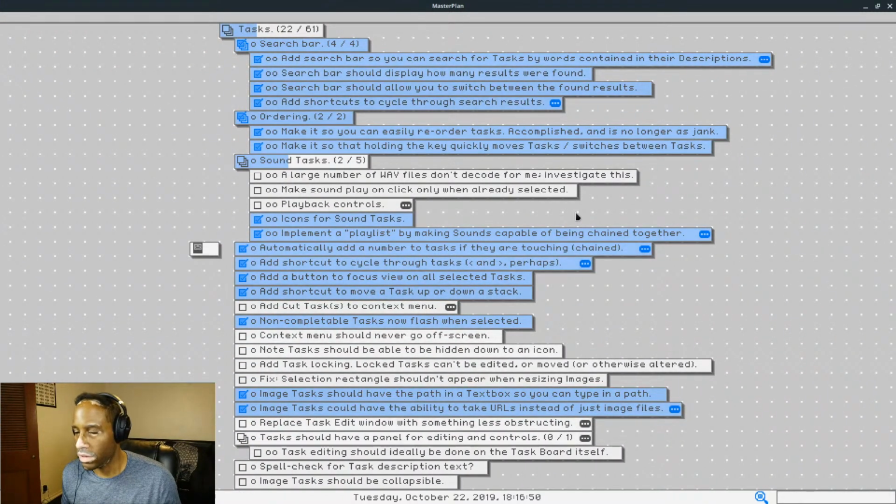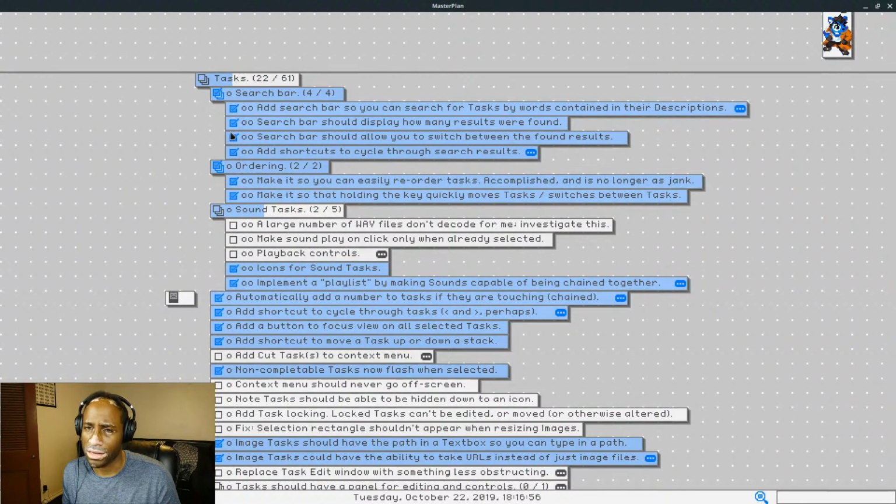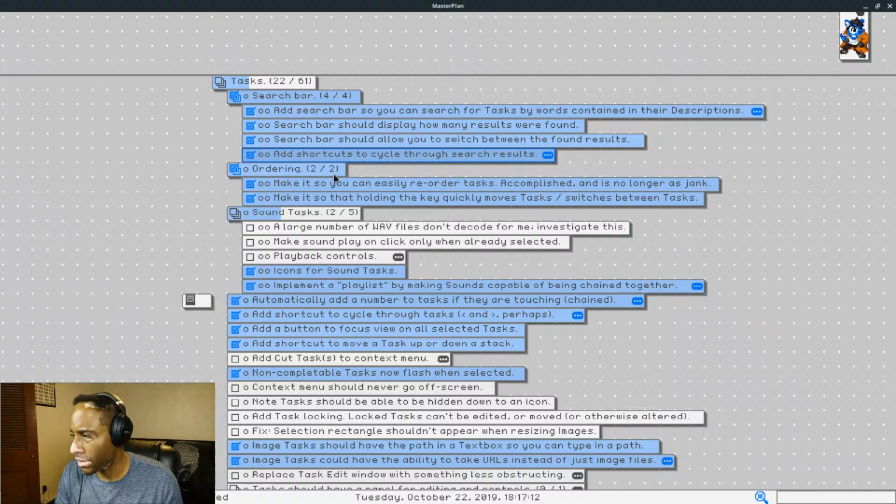To have 1A, 1B, 1C. That makes sense. That would be cool. Although I don't quite get how that would work with subtasks. So if this was task 1, then this would be 1A, B, C, D. But then if there's something under here, would it be 1D1, or would it be 1DA? So that would be something to check out, something to think about.